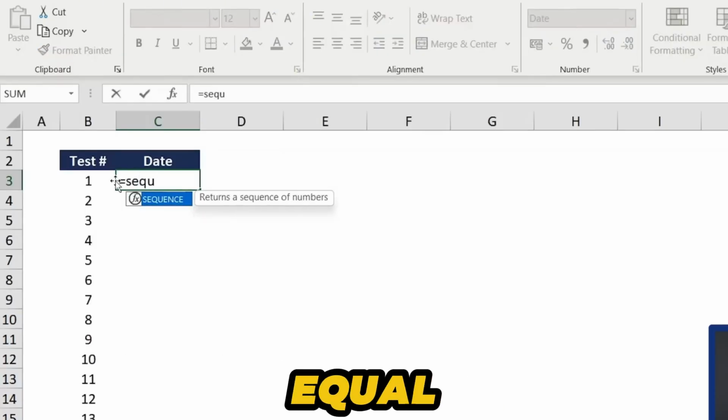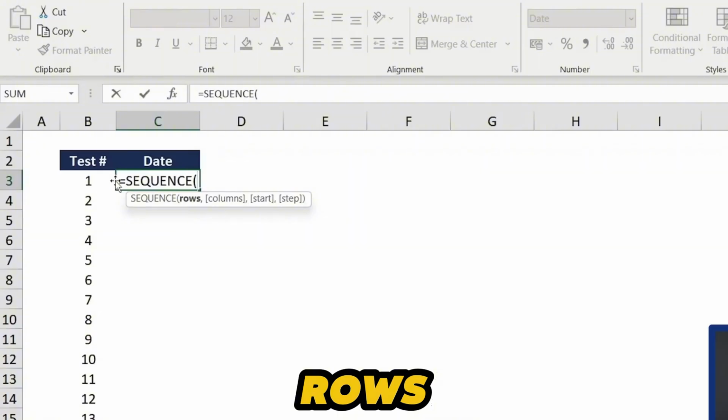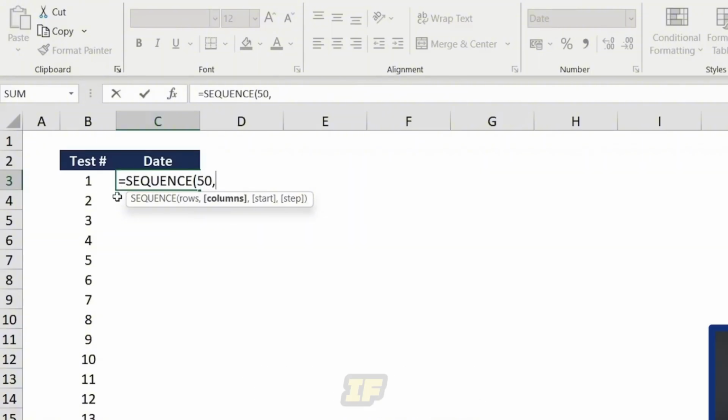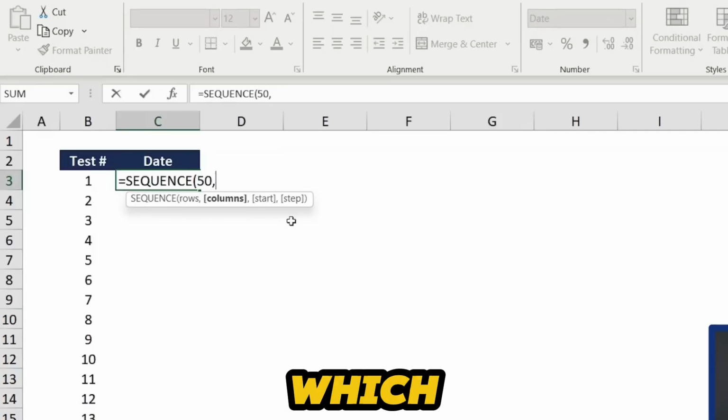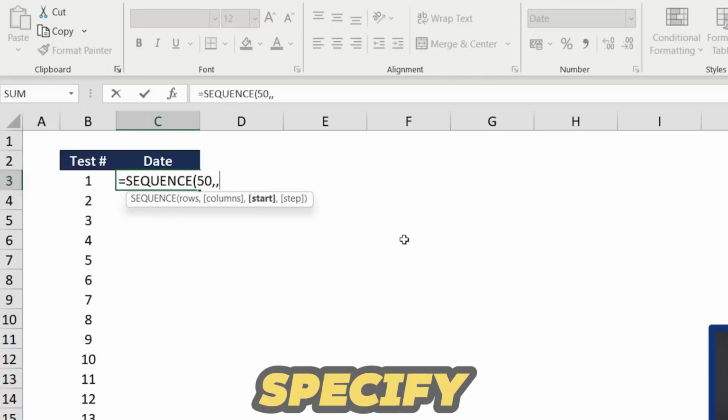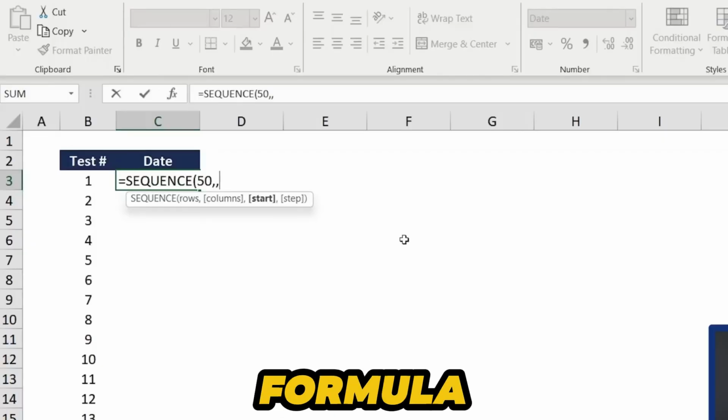So we'll go equals sequence, hit the tab key there for the rows. We want the same 50 rows, comma. The columns is if we want something to move horizontally, which we don't, so we'll put just a comma there. And for the start, we want to specify the date, so we'll hit the date formula, hit the tab key